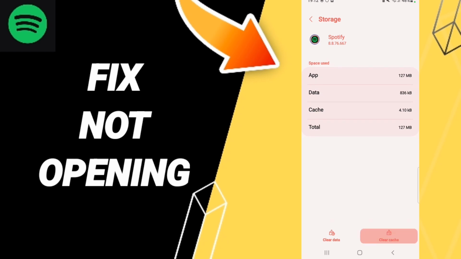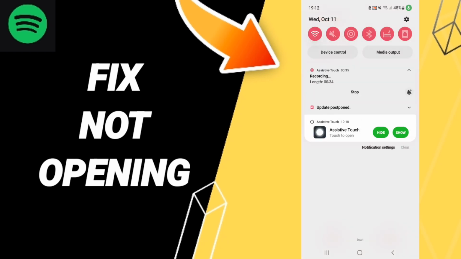Here we click clear cache, and in the end of all these steps then you can turn off your phone. You will wait 3 seconds and you can turn on your phone again to fix that problem you have on